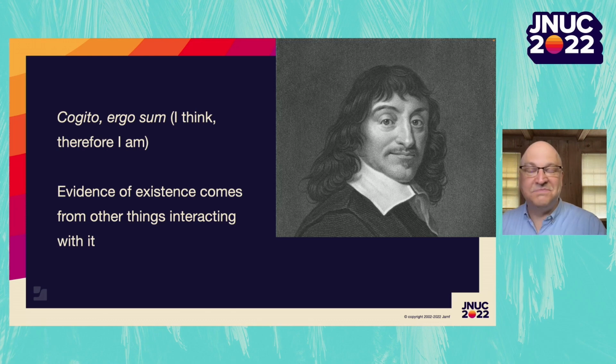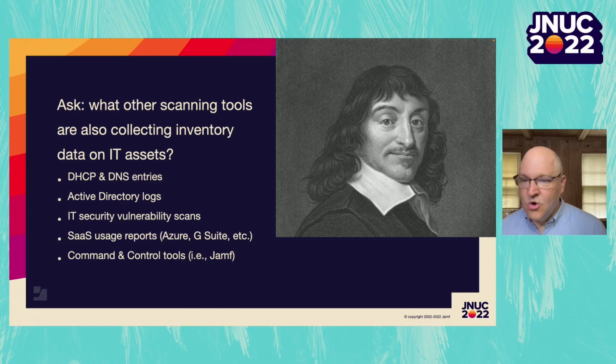He has to exist because of all of those three things that I said. They're affecting him in some way. He's ill, he's dreaming, he's getting his brain messed with by the evil monsters. Evidence of his existence comes from those things interacting with his mind. So, great. What does that mean for us?